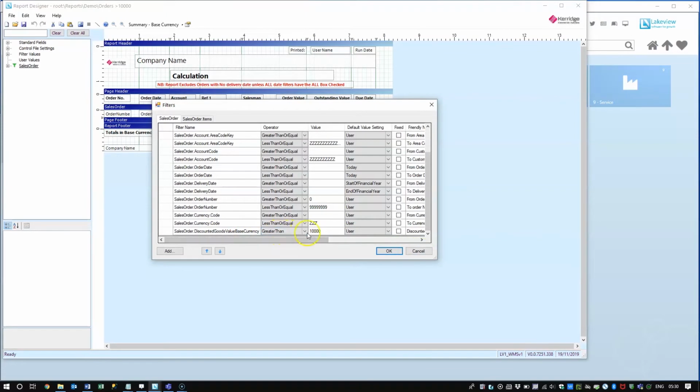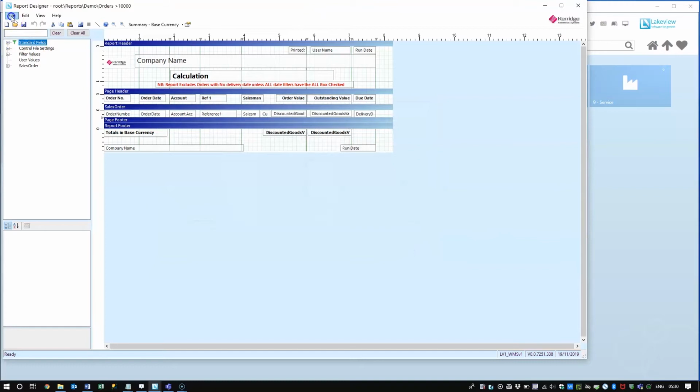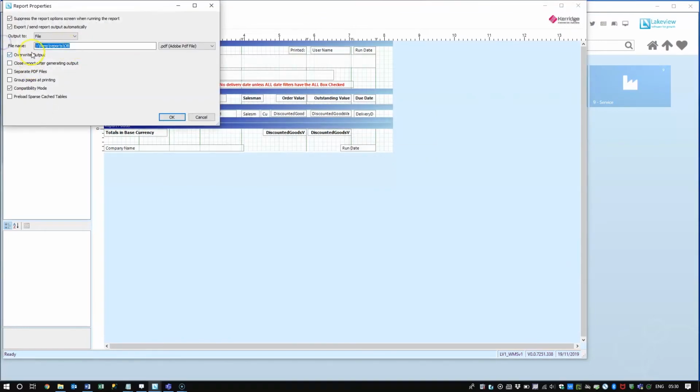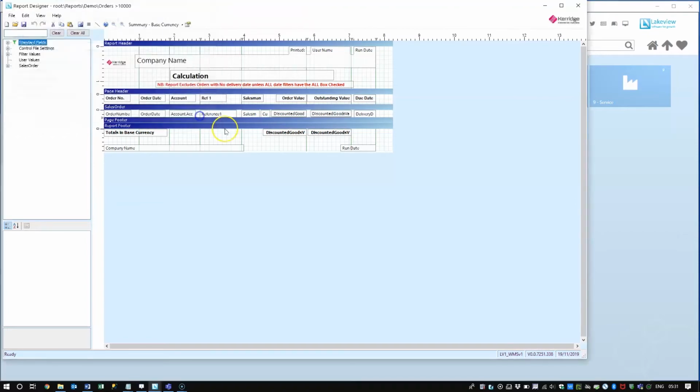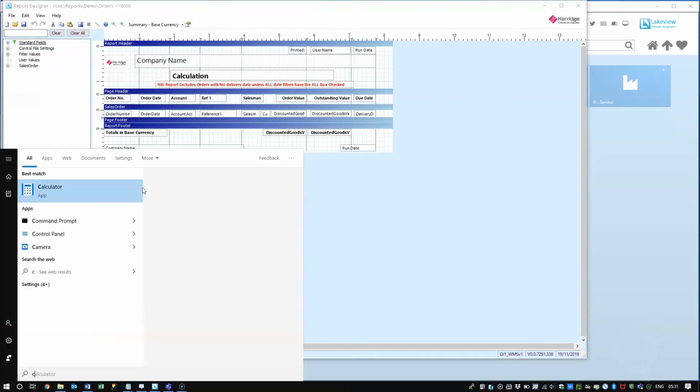Okay, so that's just a greater than filter. And I've designated a output property which says output it to file, and I don't want you to pop up any of the report options, and output it as a PDF called ob.pdf. Okay, and location. So that was in C temp